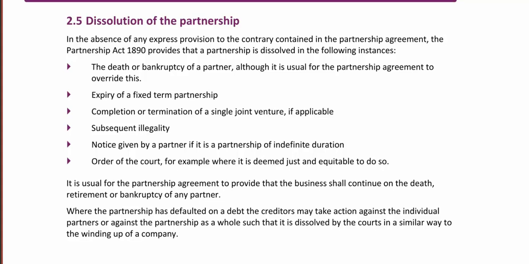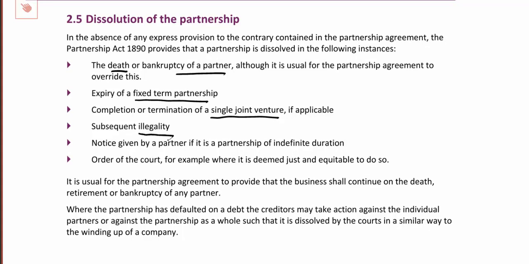But in addition to that, the Partnership Act provides that partnerships are automatically dissolved on the death or bankruptcy of a partner, or the expiry of a fixed term partnership. So you might have a 2-year partnership, and at the end of the second anniversary, the partnership will automatically be wound up. Also the end of a joint venture. So perhaps if you have a partnership to develop a building site estate, once it's finished, that will be the end of the partnership. Or if it becomes illegal, so if you had a partnership, for example, to supply cigarette machines to pubs, that's no longer something that you can do, so that partnership would be dissolved.